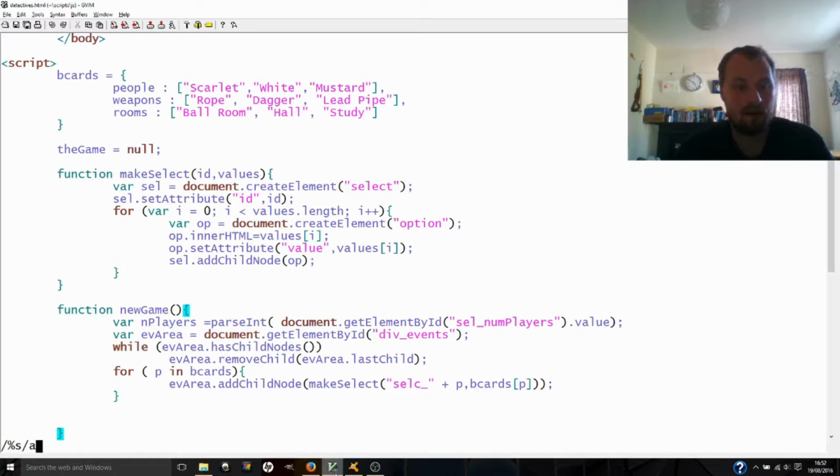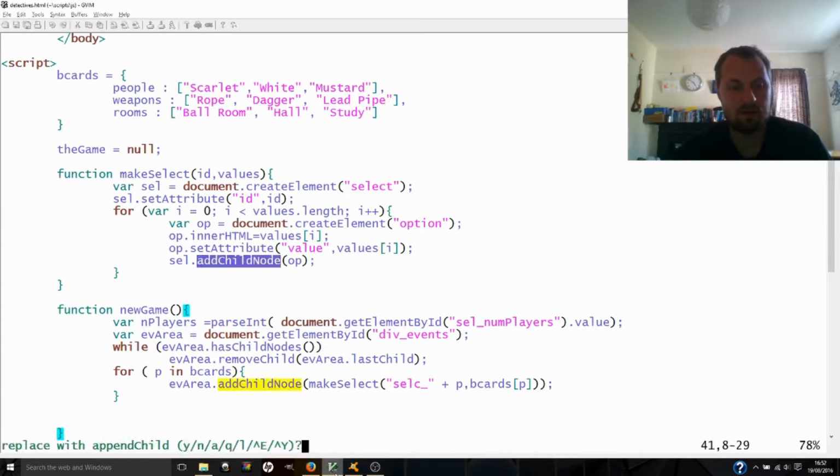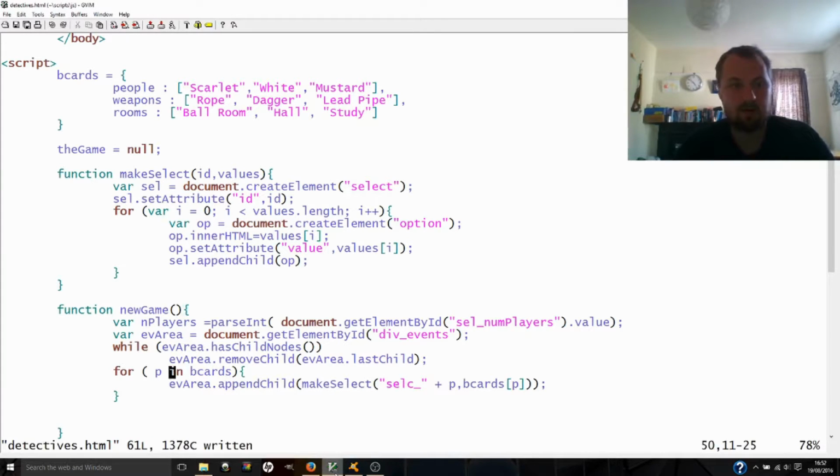Add child node becomes append child. And we'll do a GC just in case there's somewhere that's not what I want. Add child node, append child, GC. There's the first one. We'll say yes and yes. Oh, that was just the two of them. Good. So now if we